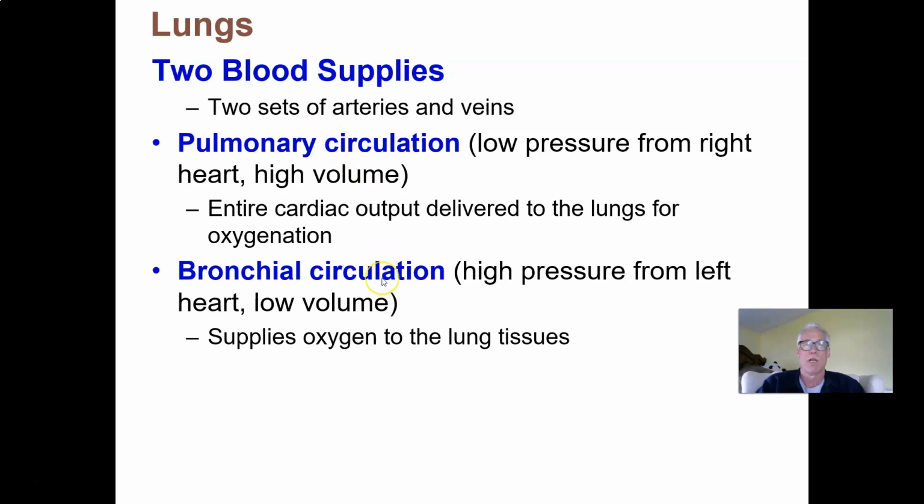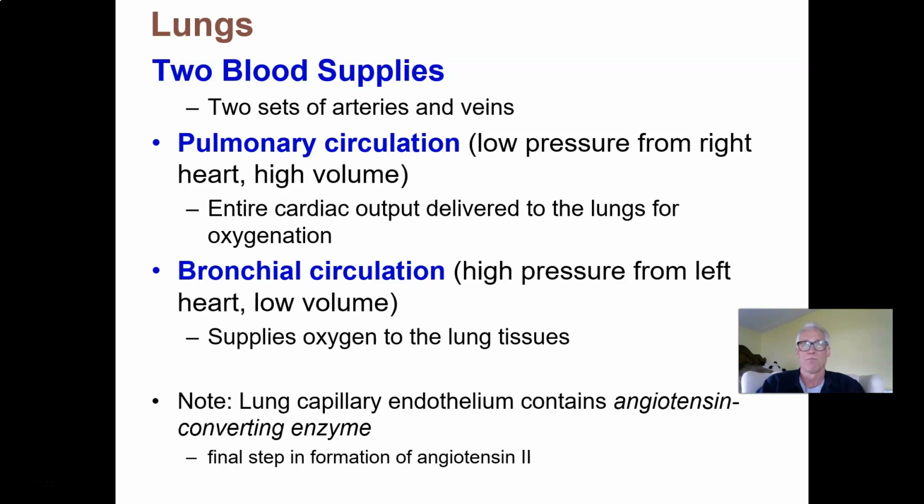Here we have 120 millimeters of mercury systolic pressure. So large volume, low pressure for the pulmonary circuit, a small volume of blood at high pressure going through the bronchial circulation. I have mentioned a number of times in chapter 16, chapter 19, and possibly others that there is an enzyme in the endothelium of the lungs, other organs too, but especially in the lungs, that contains angiotensin converting enzyme. So when renin is